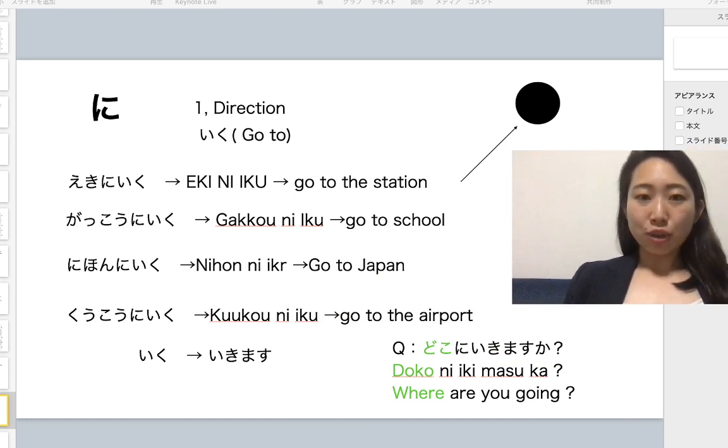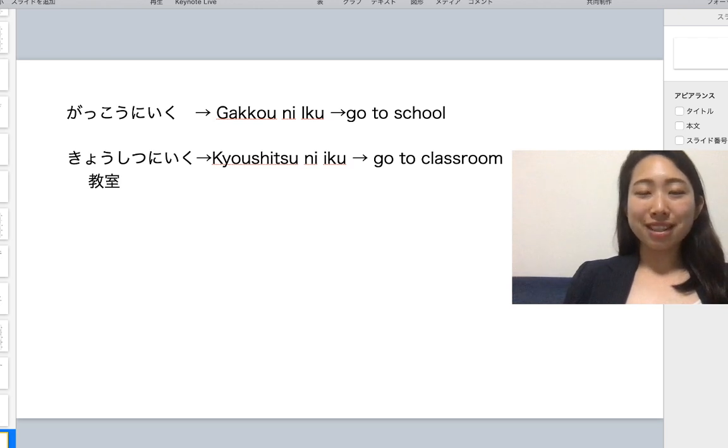Okay, so 駅に行く, go to the station. 学校に行く, go to school. 日本に行く, go to Japan. 空港に行く, go to the airport. And for the question, we use this question very often. どこに行きますか? means where are you going? And the answers could be 駅に行きます。学校に行きます。日本に行きます。空港に行きます。And also we saw 教室, classroom. 教室に行きます。